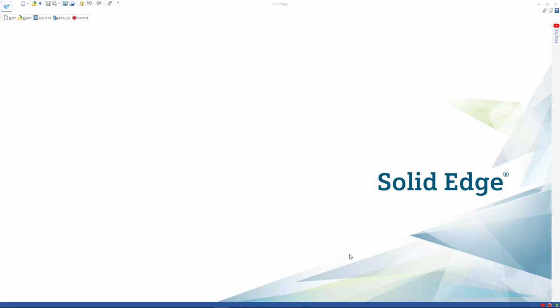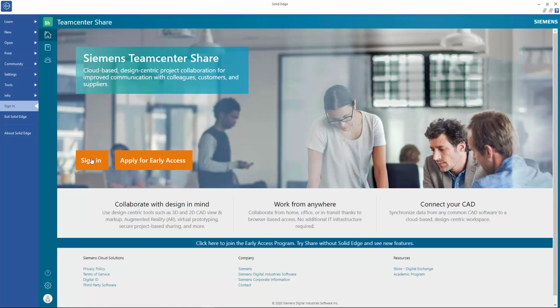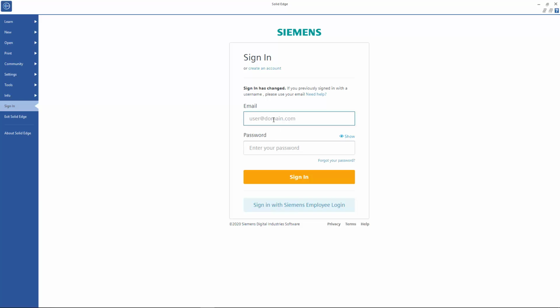And this example will show you how to set up the desktop connector for Teamcenter Share. To start off, we'll show you how to download and install this from within Solid Edge. So if we go up to the application button, we can go to the sign in page and sign in to Teamcenter Share. We'll use our WebKey email address